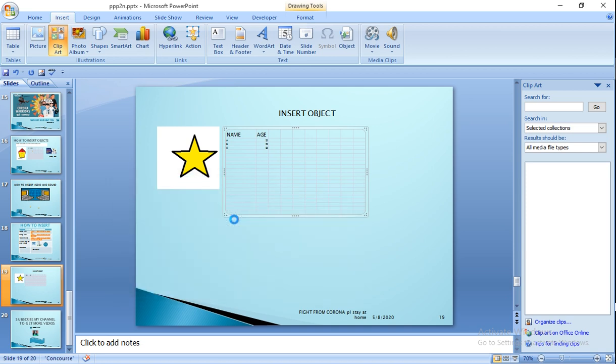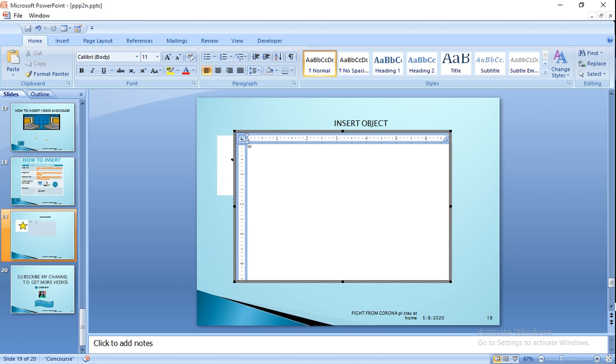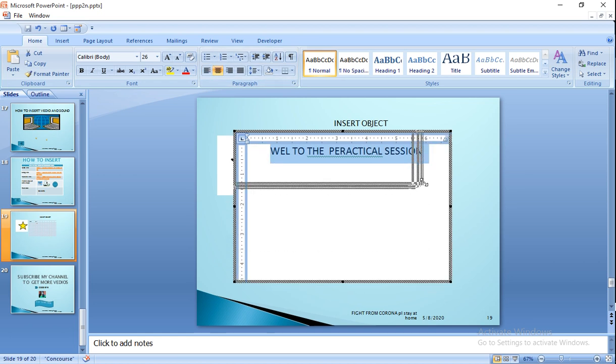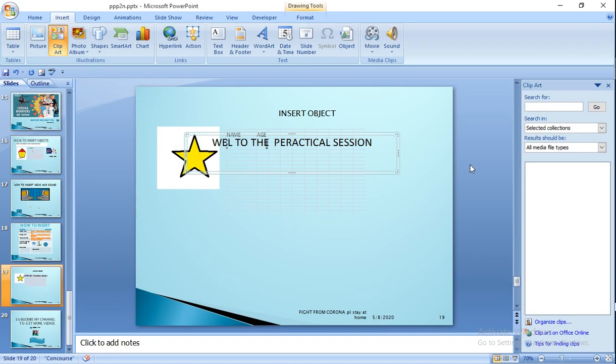Go in Word, you write welcome to the practical session, and then make it big, otherwise you will not be able to see anything, and press center, and then press back, it will come here.